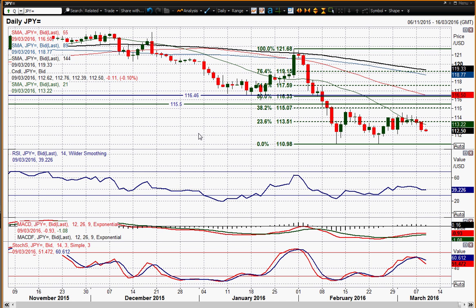So interesting times on dollar yen. That's a bit of a retrenchment in risk appetite. Seems to be the case, certainly if dollar yen is testing that